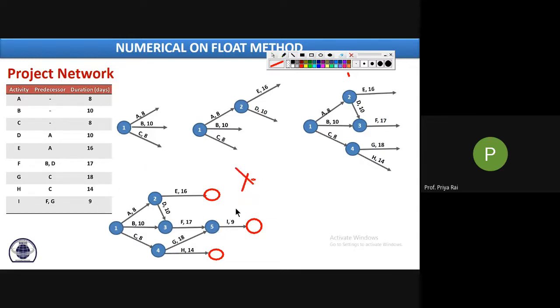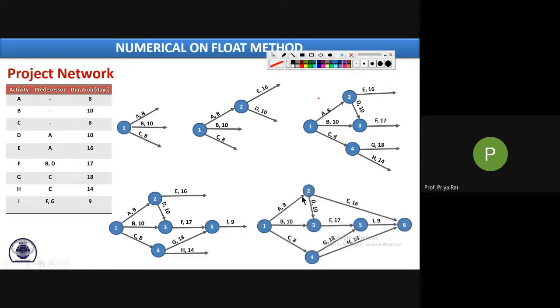So what we have to do, we have to merge all of these into a single circle, or we can say into a single event. So we are merging this here. So this is our tail head event. Why? Because all the heads of the total network diagram are ending here, and this is a tail event because all the tails of the arrows are attaching here. So I think it is clear how to draw the network diagram.